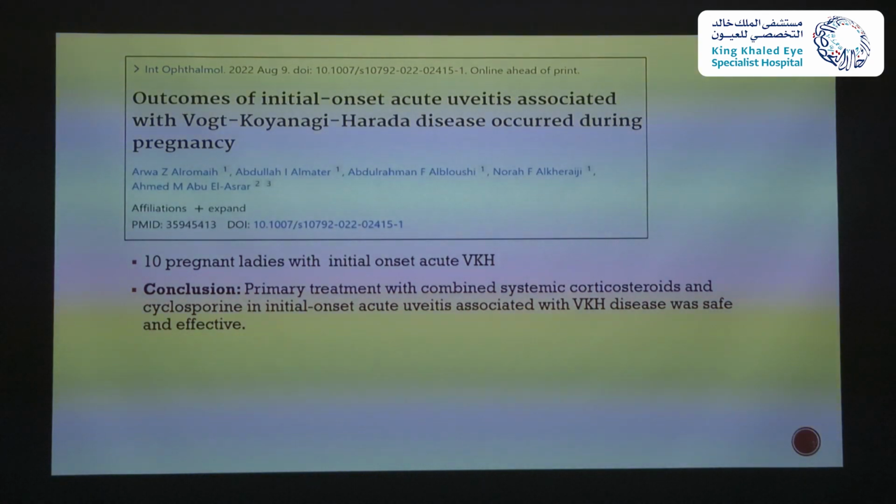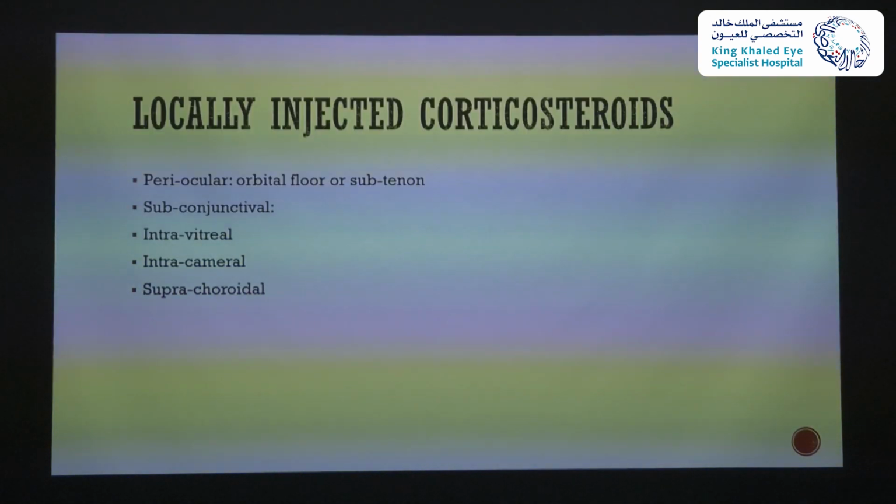It reviewed the files of 10 pregnant ladies with initial onset acute VKH. All of them were treated with combined systemic corticosteroids and cyclosporine in the initial acute uveitis associated with VKH. And the conclusion was that the treatment with the systemic steroids and cyclosporine was safe and effective. This is about the systemic